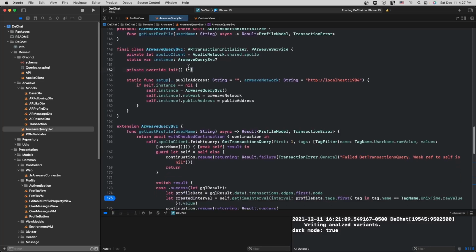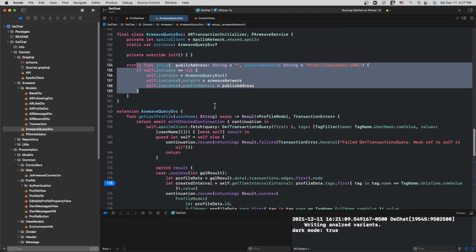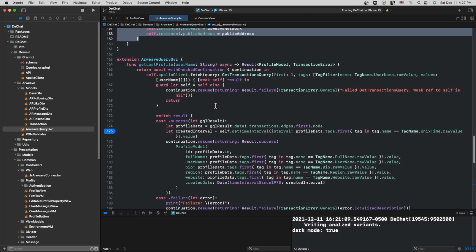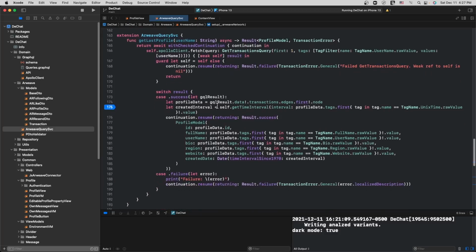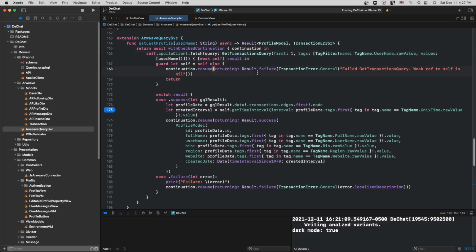And I have this as a singleton instance. But basically, this is the main function that I have as of right now to get a profile in this case, which is what I showed you on that breakpoint before.